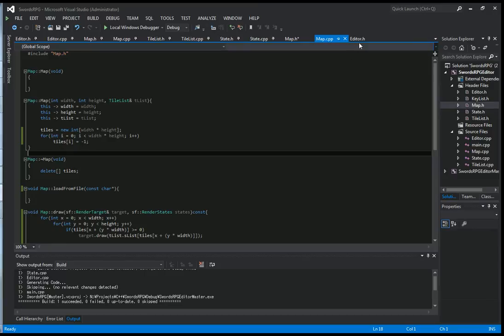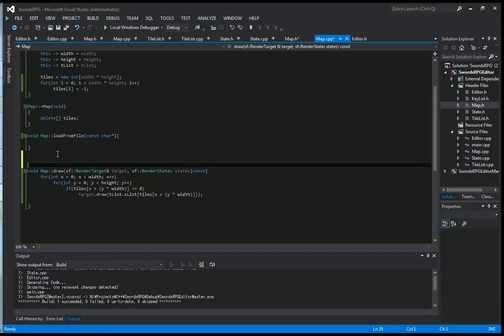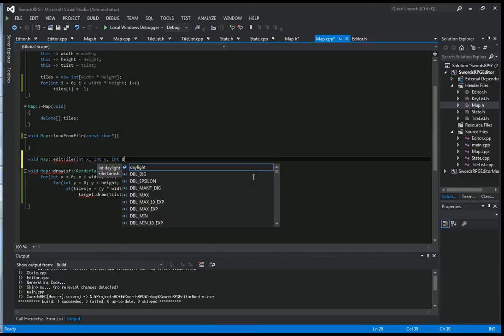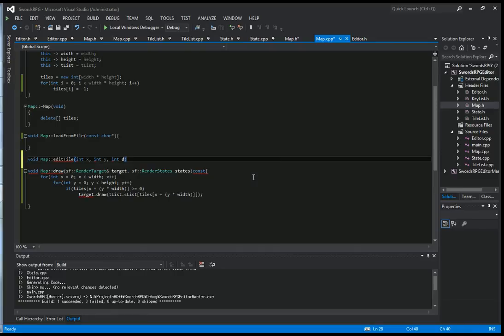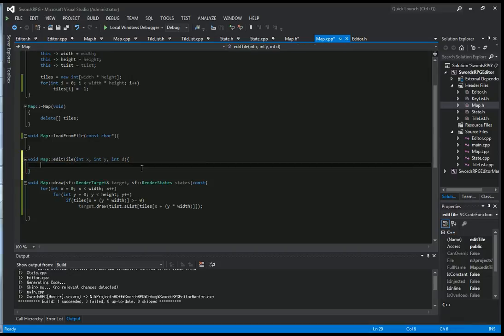we don't need to have that open down. So down here, let's just do it right below this load file. Void map, edit tile. We can do int x, int y, int D. D is for data. And then